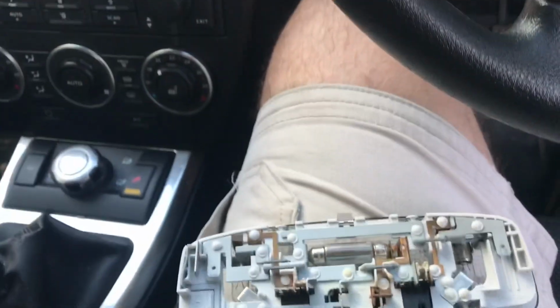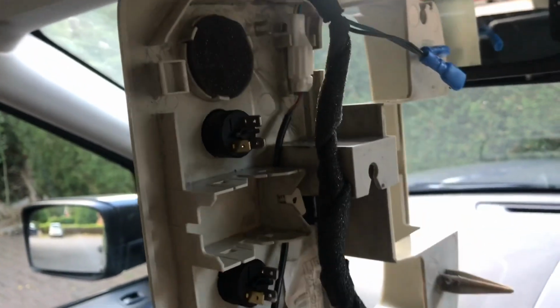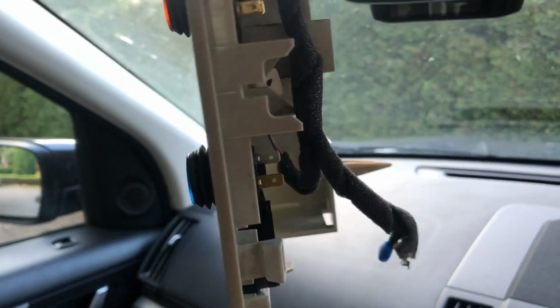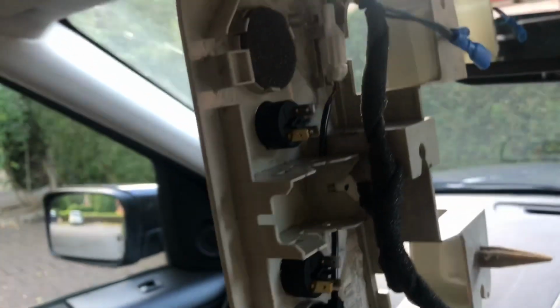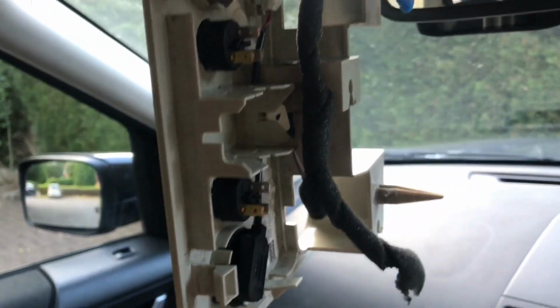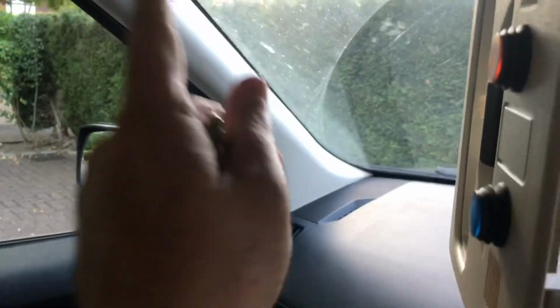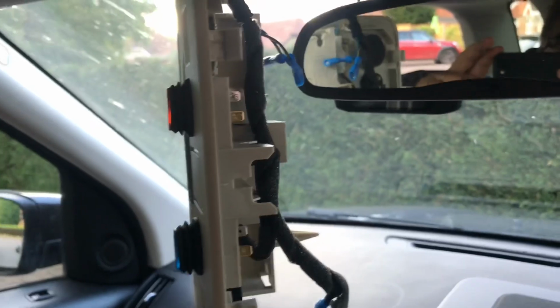Okay, so what I'm going to do now is refit this and run some various wires across to the various terminals, get this wired up, and then I'm going to pop the bonnet and run some cables up from the engine bay up this pillar through here to connect in, and then refit this, and then everything else will be done in the engine bay. Okay,